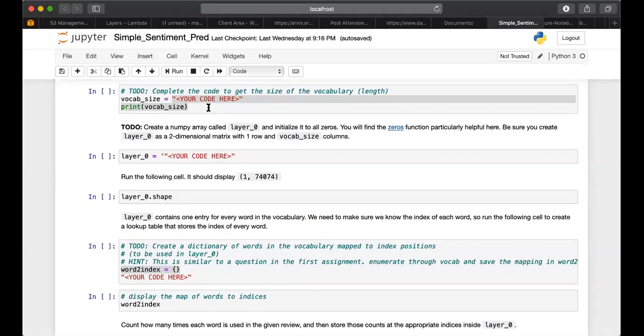For sets, it doesn't have to be in a particular order, so the index will be reassigned for each word every time you print. So I wanted to ask if we are expected to just run it with the vocab or write code that would assign the index as it was in the review text.